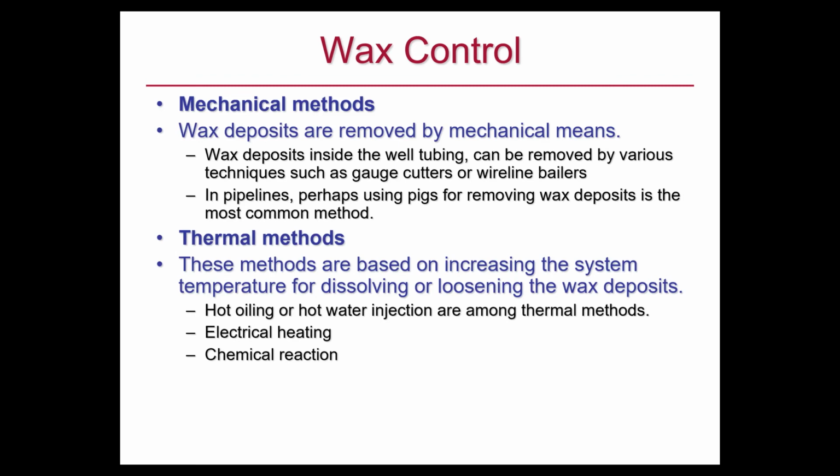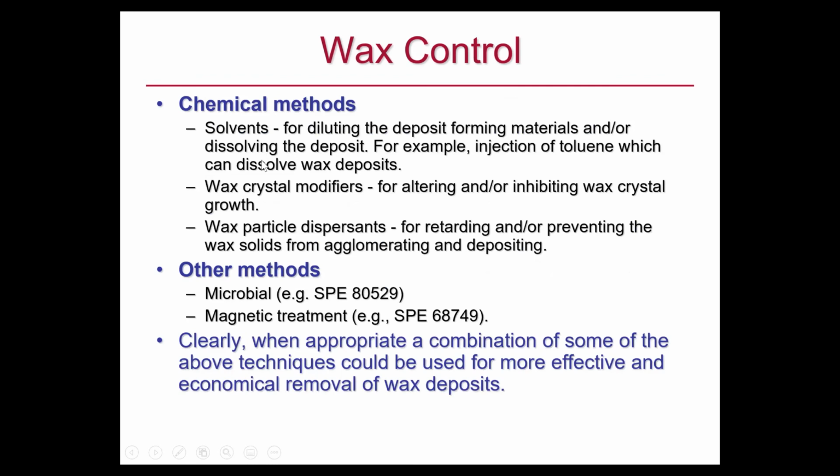Thermal method is using hot oiling, electrical heating or hot water injection. And there is another technique based on chemical reaction. They have two reactants, they work together and produce heat. Chemical methods include solvent, wax crystal modifier, wax dispersants, and some people have reported microbial treatment or magnetic treatment. So a combination of these can